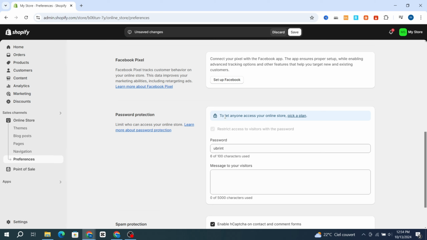As you see guys, to let anyone access your online store, you need to pick a plan. If you don't have a plan, or if you are using the free trial on Shopify, you will not be able to make your account public, so make sure to go and pick a plan and buy your plan. Only $1 for 3 months. Then after buying a plan, just go directly to password protection and remove the password protection, then hit and delete